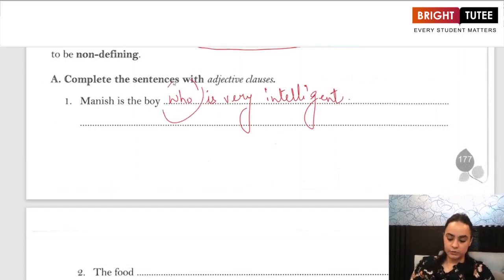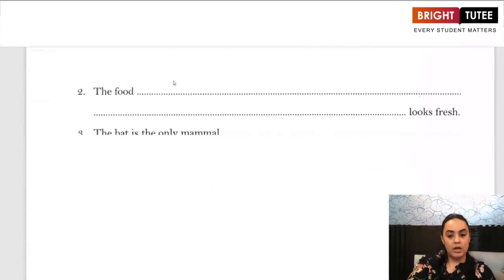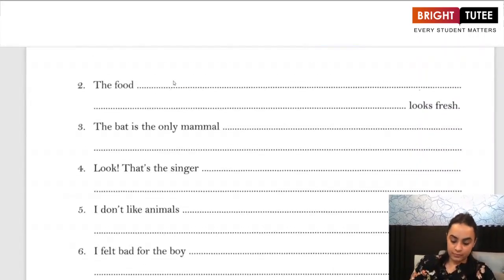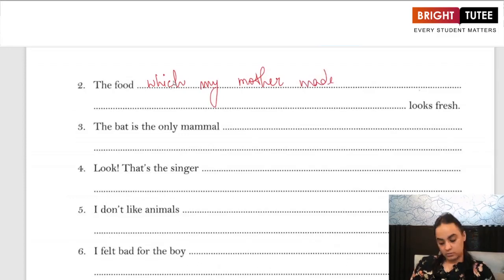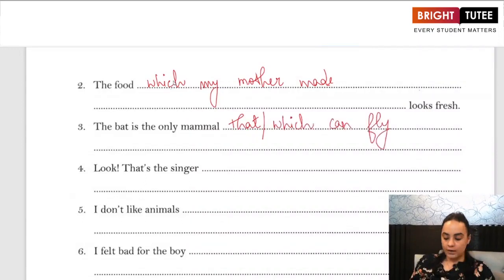Right? I'm beginning it with a relative pronoun who. The food which my mother made looks fresh. Or the bat is the only mammal that or which can fly. Next, look, that's the singer who